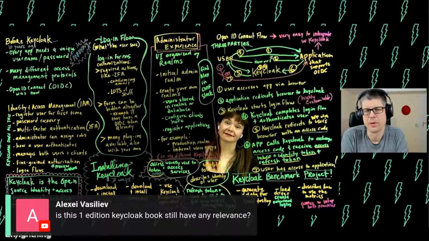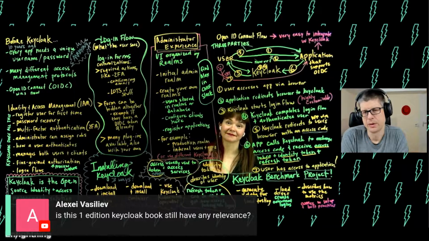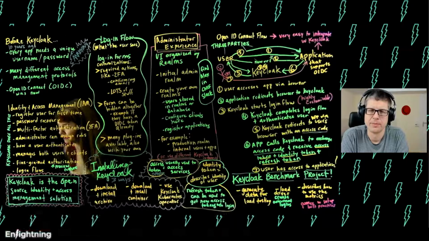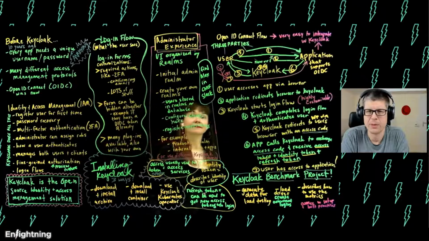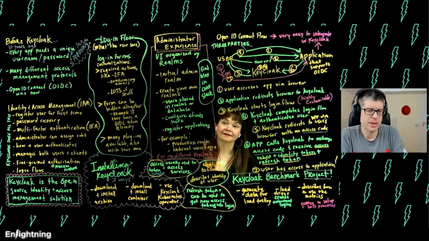If you are moving just now from the Wildfly edition to the Quarkus edition, then it might be a good read. If you're totally new to Keycloak, it's also a very good read, but then probably pick up the second edition, because this is also the current distribution. We don't distribute the Wildfly edition anymore. That's why I would say get the second edition. It has some updated content.